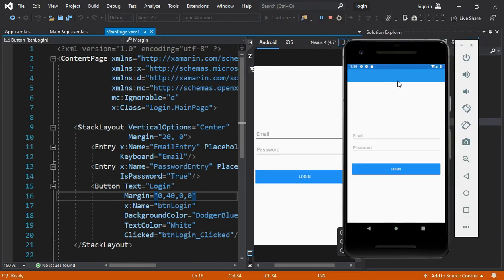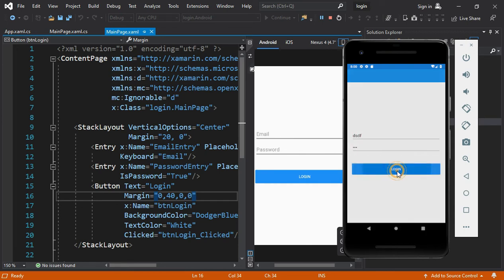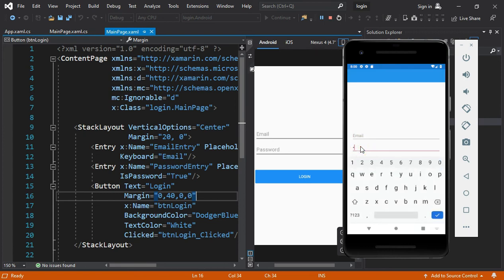One good thing about the NavigationPage is that you have a little title bar at the top of our page. So this little blue strip at the top is the title bar. Using this title bar will allow us to display a title of our page, and at the same time a little button that will help us to move to the previous pages that we have visited. So let's type something here in the email and password, and then clicking the login button will not take us anywhere,